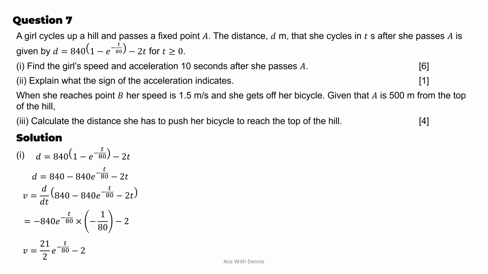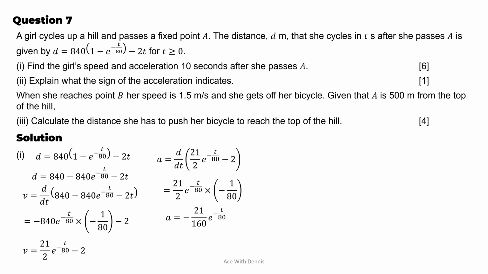Simplify, we get the equation of speed v equals 21 over 2 e to the power of negative t over 80, minus 2. To get the acceleration, we will differentiate the equation of the speed, which is d over dt of 21 over 2 e to the power of negative t over 80 minus 2. We get 21 over 2 e to the power of negative t over 80 times negative 1 over 80. Simplify, we get the equation of the acceleration, which is negative 21 over 160 times e to the power of negative t over 80. When t equals 10 seconds,